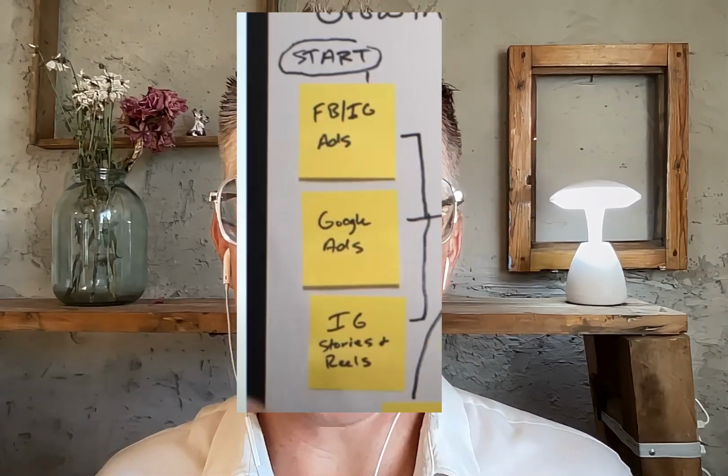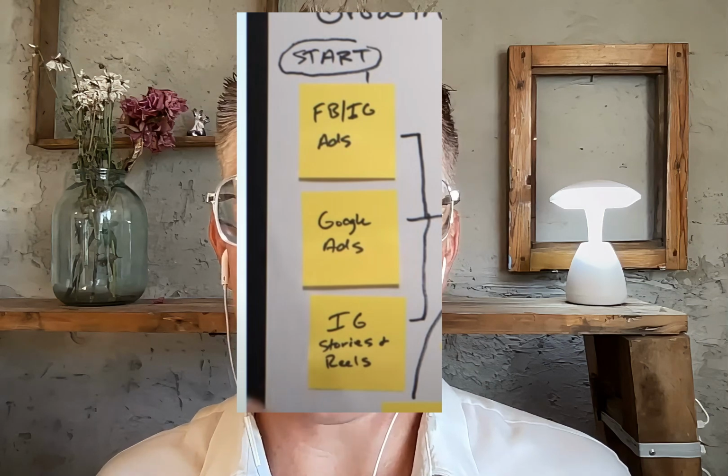So he actually takes all of these metaphors and these concepts of inbound marketing and fishing and sales funnels and meetings and all these things, and he just puts it in a very simple map. If you look at the image, what you see is basically 5 columns. In his first column, it says Facebook, Instagram ads, Google ads, Instagram stories, and Reels.